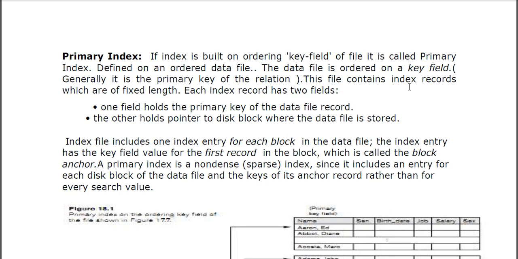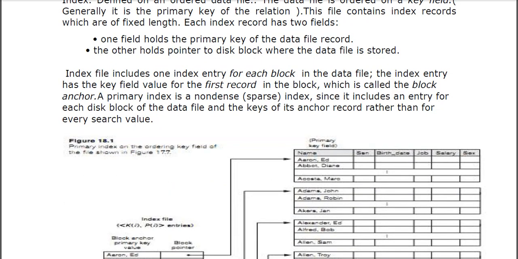Generally it is the primary key of the relation. This file contains the index records which are of fixed length. Each index record has two fields: one is the primary key of the data, and another is the pointer. You can see